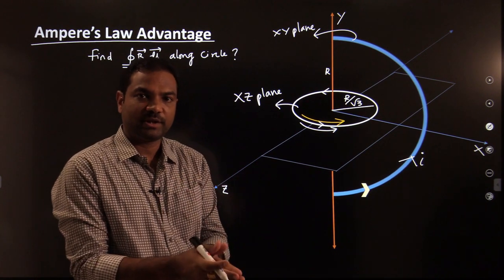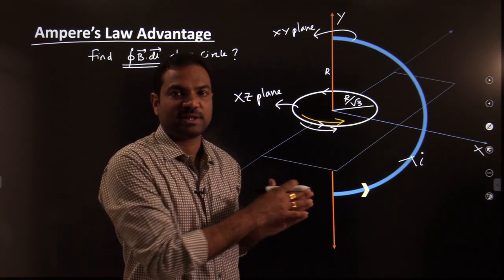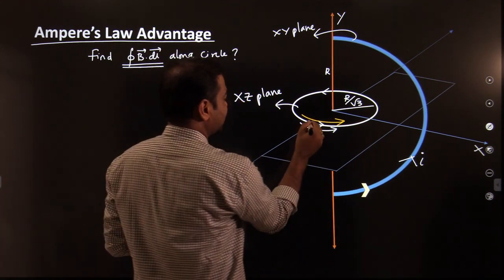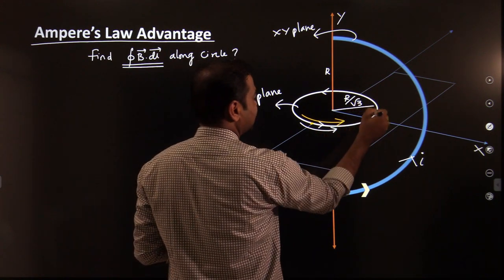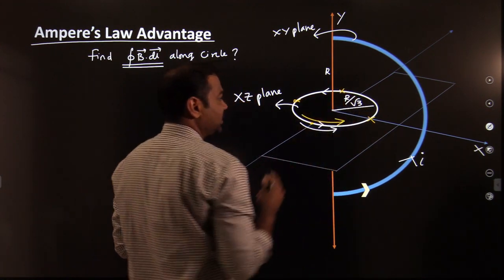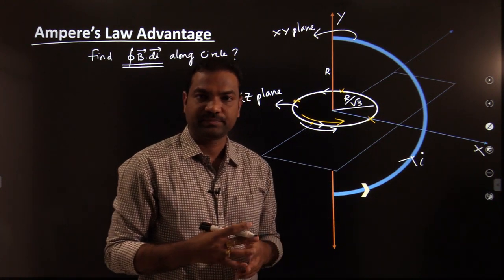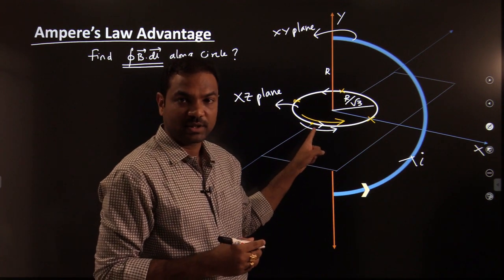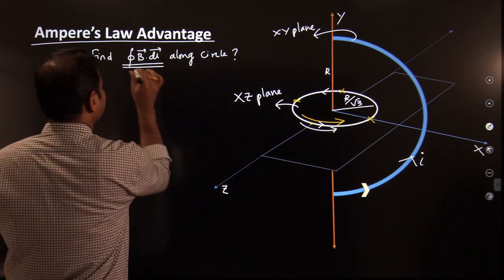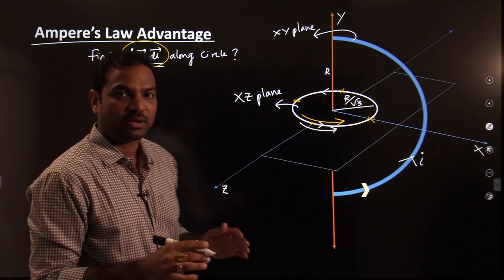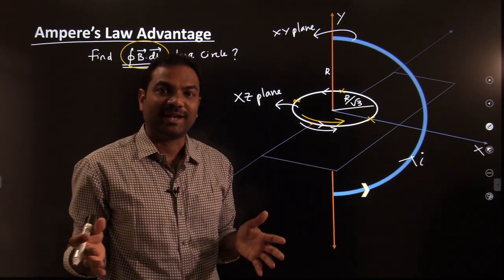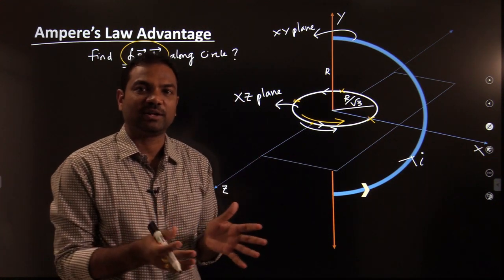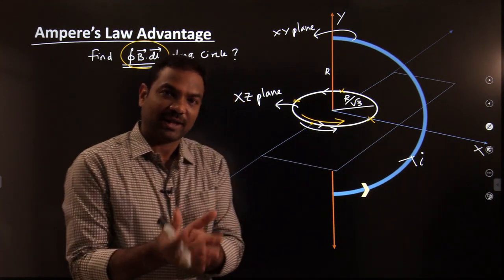Now you can pause the video and work out this line integral. You will really find it tough to find even the magnetic field at a point. If I take one point, another point, and other different points, the magnetic field changes its direction, and you will find it really tough to identify the magnetic field at each place. That means solving the integral of B dot dl directly is not easy. So what logic has Ampere given us to find this line integral? That we are going to see now.